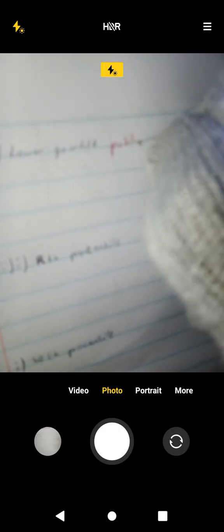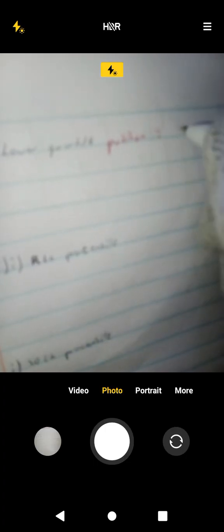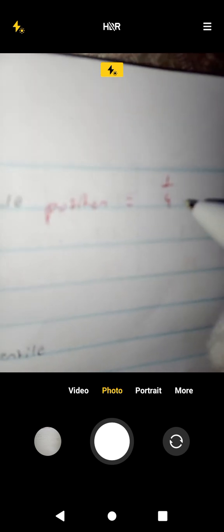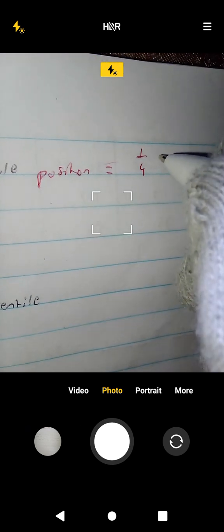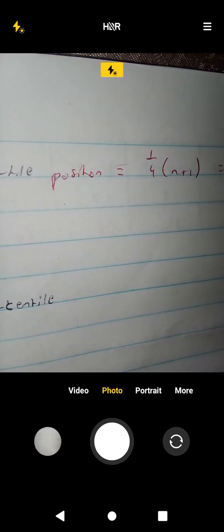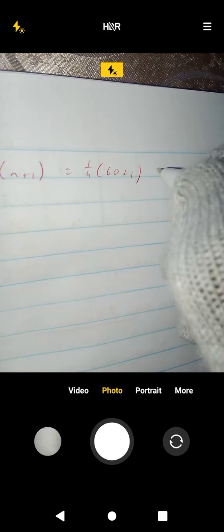So lower quartile position is equal to 1 over 4 times n plus 1, which is 1 over 4 times 60 plus 1, which equals